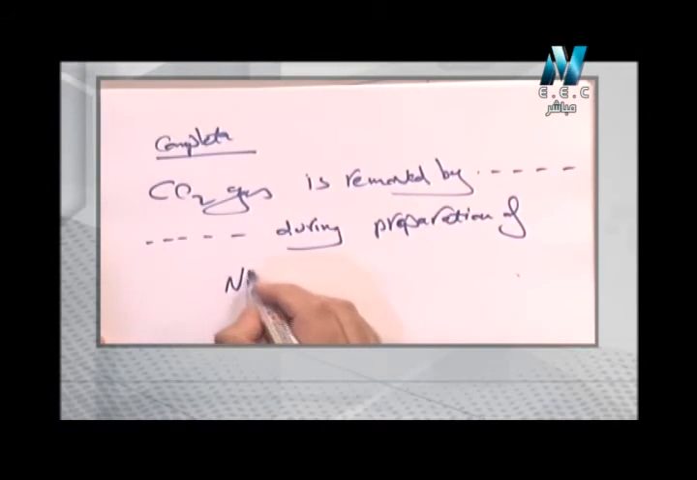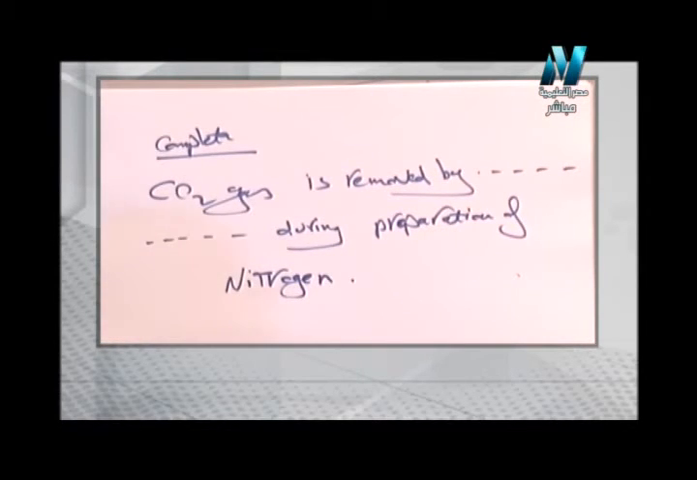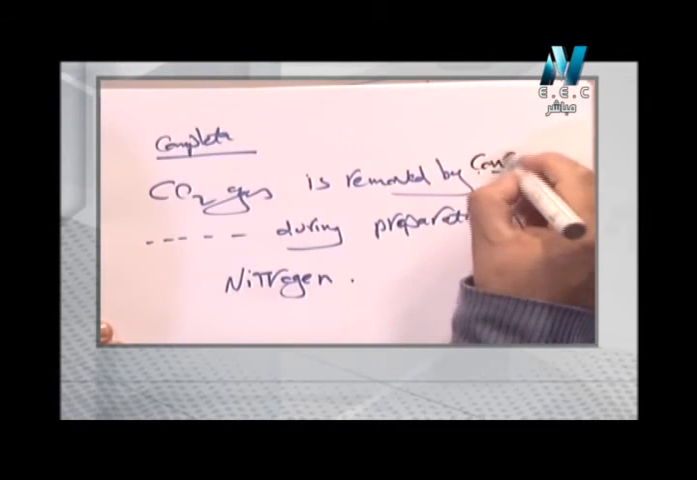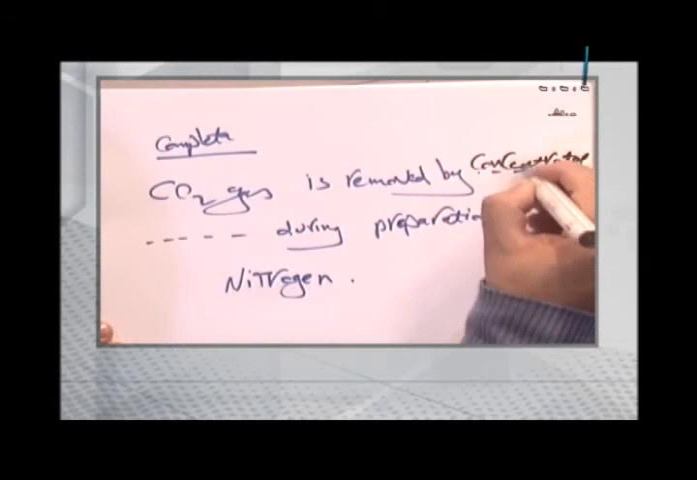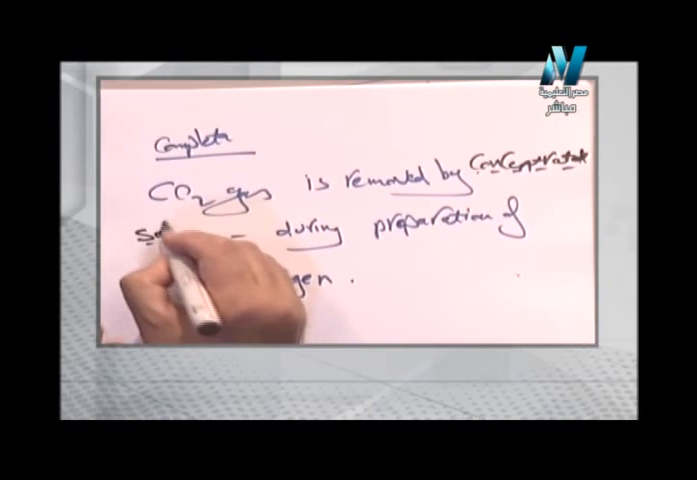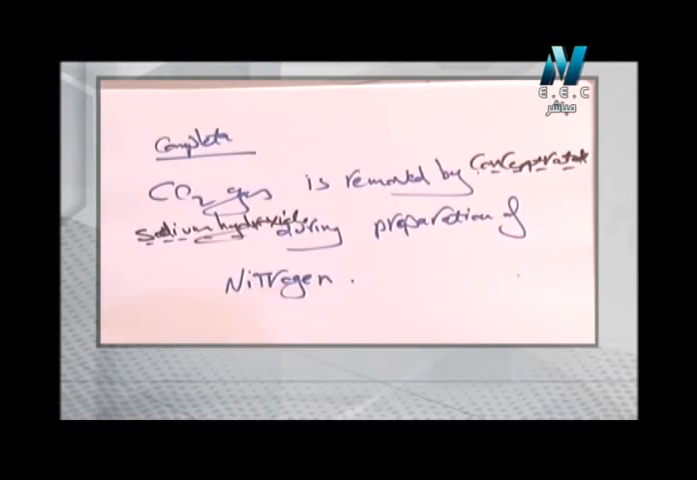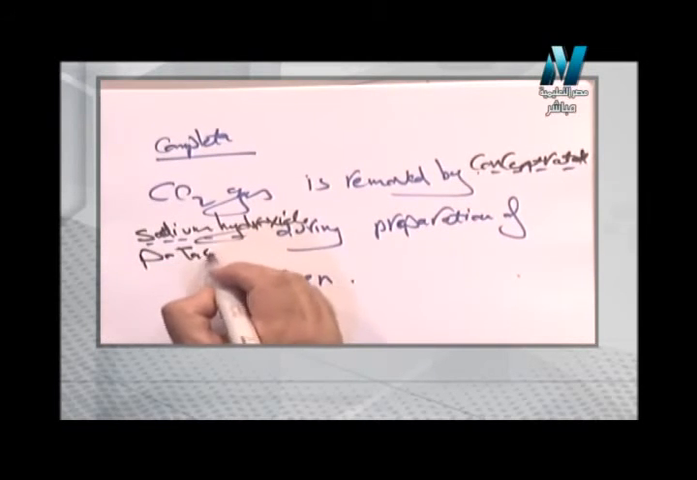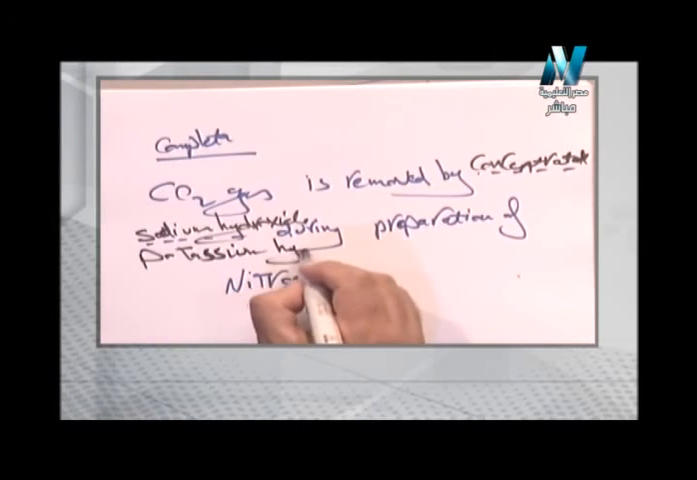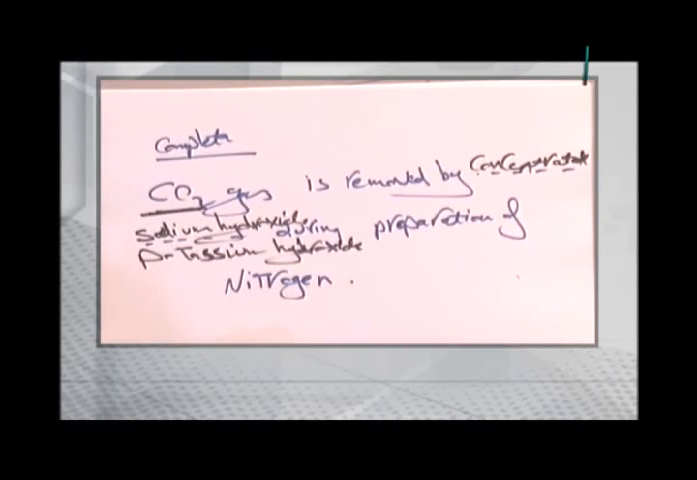of nitrogen gas. How is carbon dioxide gas removed during the preparation of nitrogen? I can say I can remove carbon dioxide gas by concentrated, which means the substance is concentrated, it is not the name of the substance, sodium hydroxide or concentrated potassium hydroxide. They are the same use, because each one of them can absorb carbon dioxide gas from air to prepare nitrogen